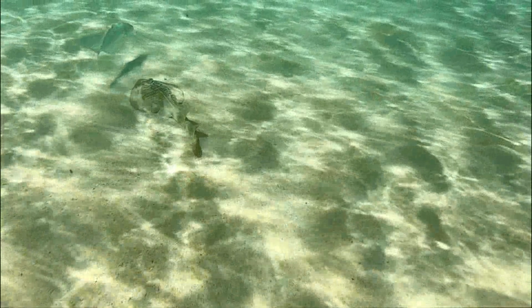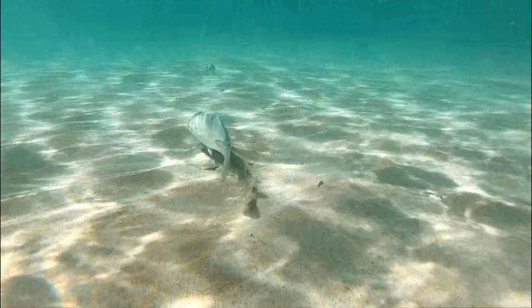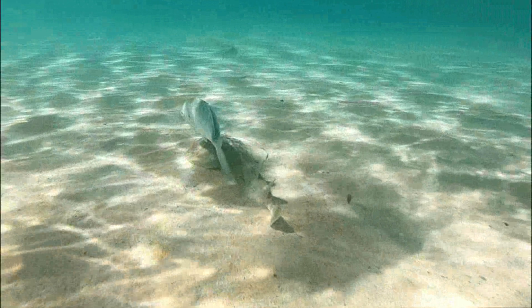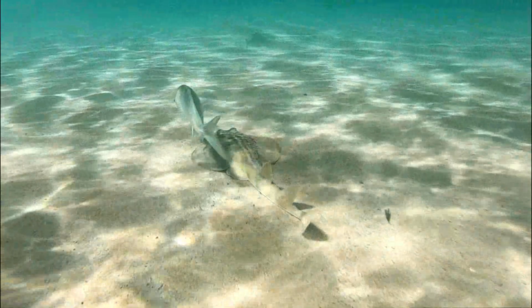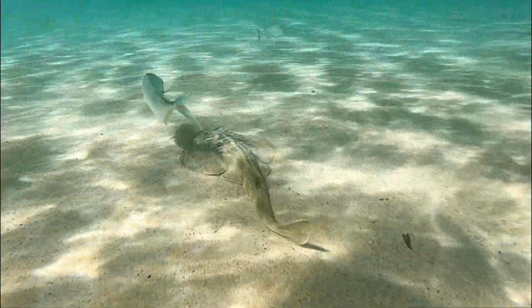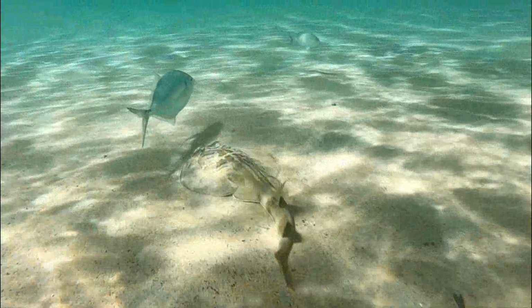Overall, Fiddler rays are fascinating marine creatures with unique adaptations for life on the seafloor. While they may not receive as much attention as other marine species, they play an important ecological role in coastal ecosystems. Fiddler rays face several biological challenges that can impact their survival and population dynamics. Some of these challenges include: